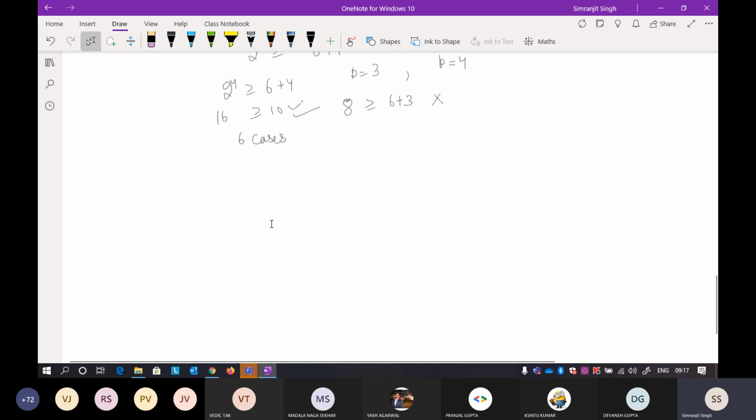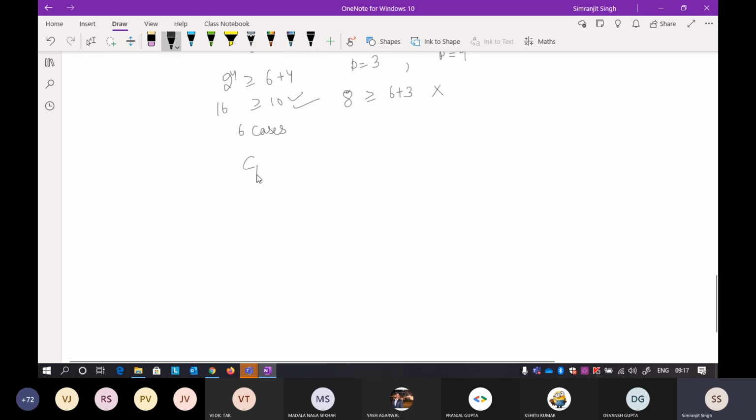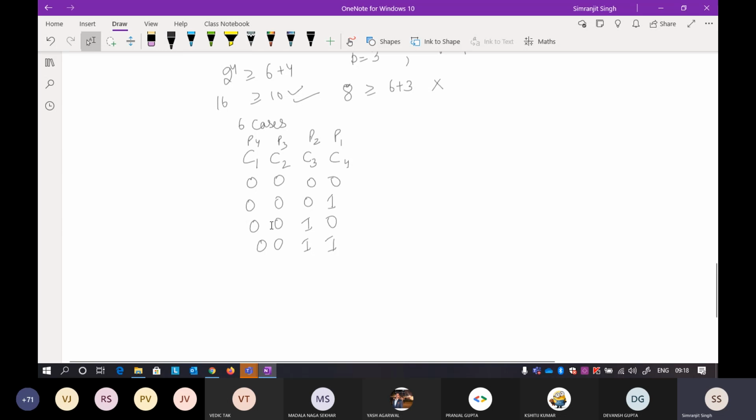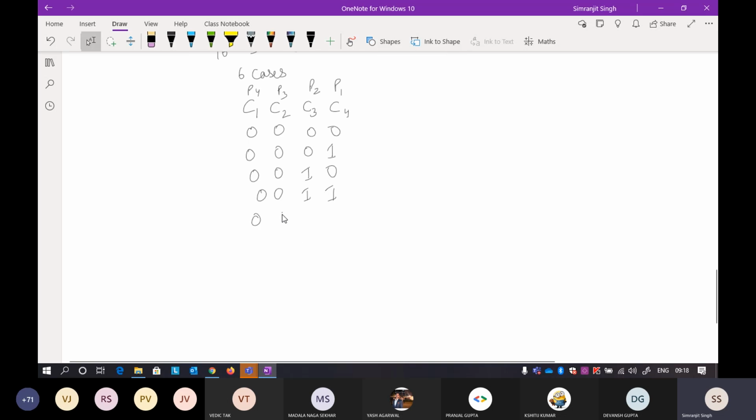Okay, so I'll show you again. Do the same thing, that is C1, C2, C3, C4. Now this will be my P1, P2, P3, and P4. Again, everything will be the same. So 0, 0, 0, 0 is the possibility where there is no error. Then 0, 0, 0, 1, 0, 0, 1, 0, 0, 0, 1, 1. So this is 3, 4,